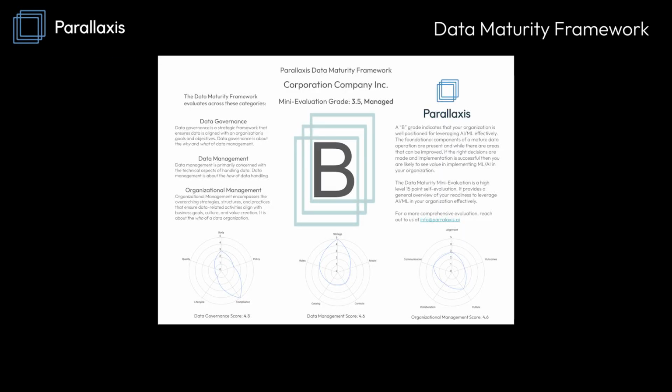So, last question for me is, if somebody who was listening to this thought that this sounded pretty slick and they wanted to get their hands on it, how would someone go about using it? You can right now go and do a mini evaluation on our website. At the end of this video, there will be a QR code that you can follow to take it yourself. It's a 15-point assessment that asks 5 questions across each of those three areas, and gives you a general high-level score, A, B, C, D, E, F. And that will give you directionally an idea about where you sit.